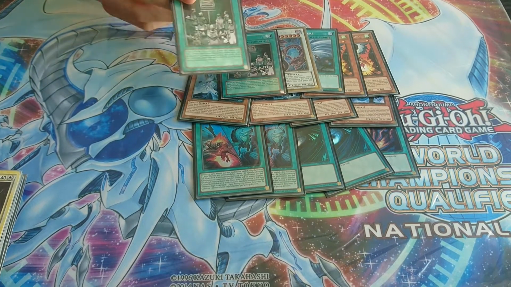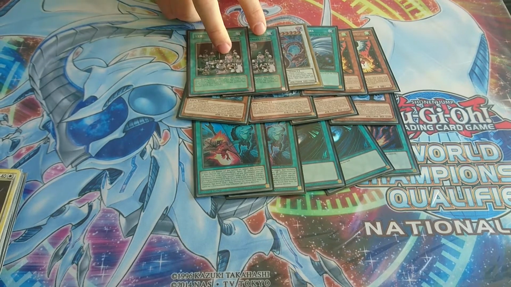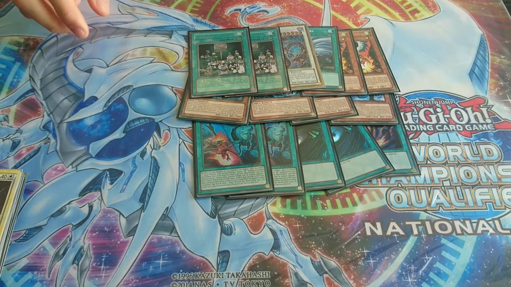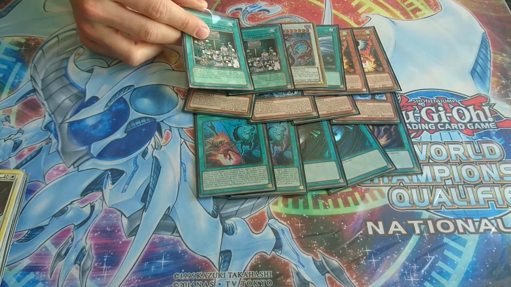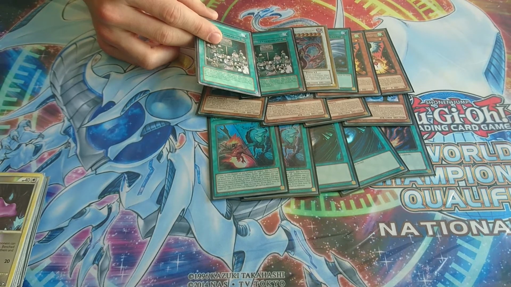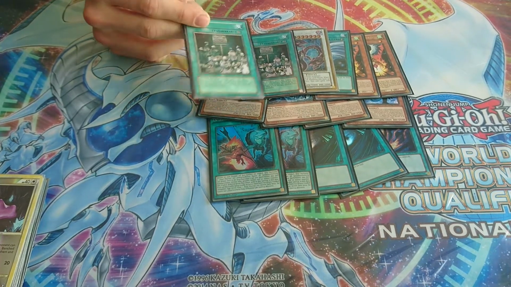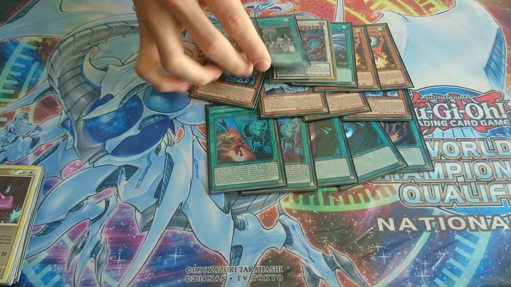So this is pretty much only if you go first, you can side out Maxi or Twin Twisters for this guy and just say the hand trap that would hurt you the most. So if they have Maxi, you could deck them out, but if they play Draw and Lockbird, Ashes or something, you can just say Ash and hope that they don't have it. And the thing with this card that's also good is that